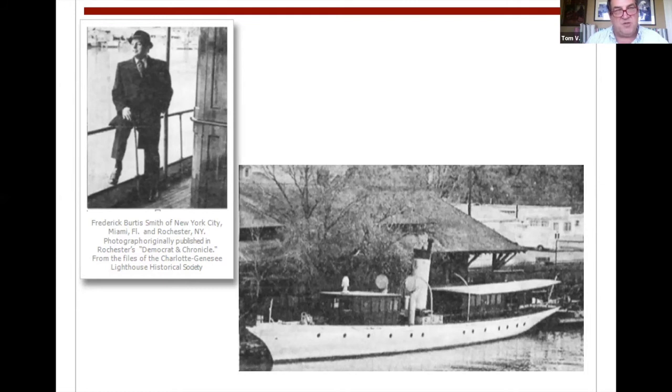He was kind of trapped in the Edwardian era, if you will. He wore a coat and tie every single day, and he loved to host these lavish dinner parties on board to sort of recapture some of that pre-Depression gaiety that he knew. He kept her intact, but after 30 years of inactivity, after 30 years of just sitting,